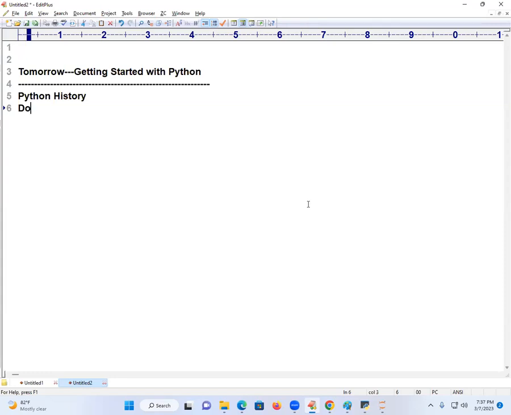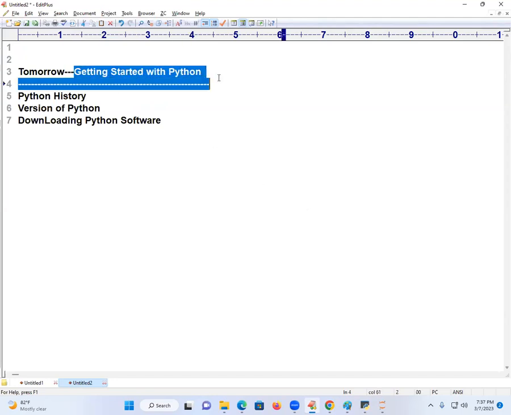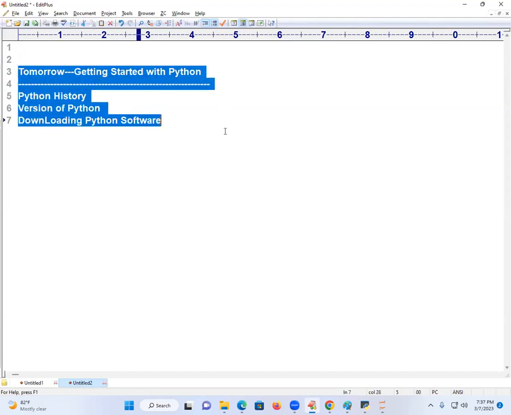So, downloading of Python software, making our laptop ready. Versions of Python, how many versions are there in Python? MNCs are using which version? All those things. I'll start my syllabus tomorrow. Did you understand? Don't miss the class. I'll start the class at 6 o'clock tomorrow. Did you understand? Right. Online students, right?